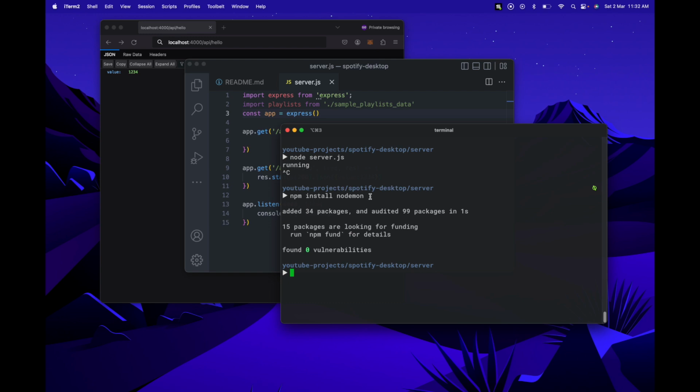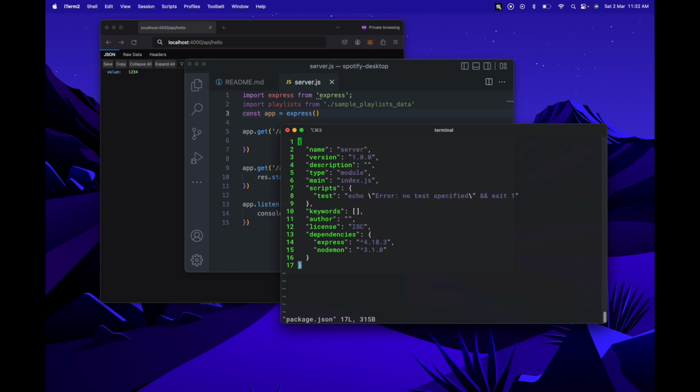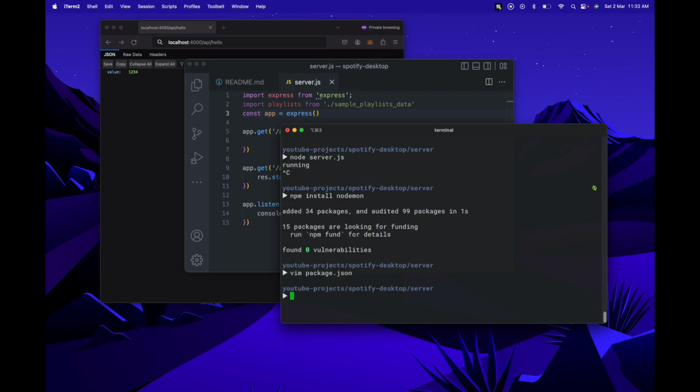In order for this to work, we need to go in our package.json file and add another command. So I'm going to call it start. Right. Now if I run